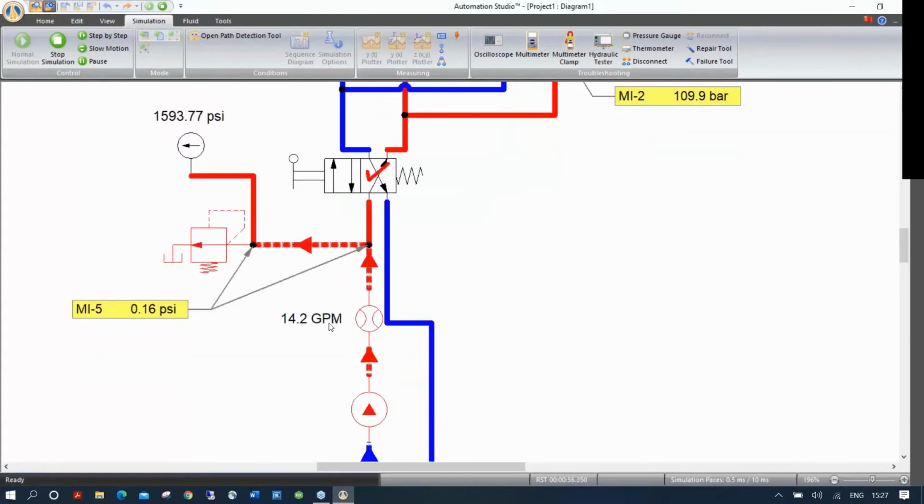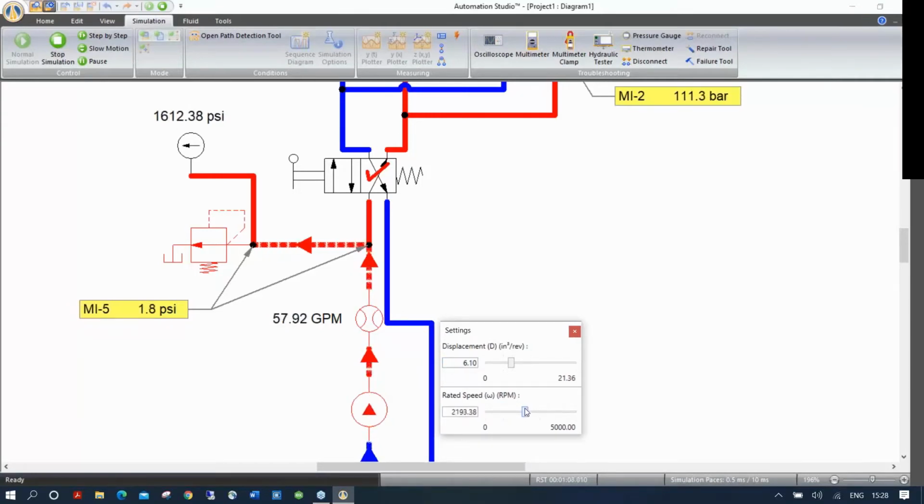But what happens if I increase the flow in my circuit? So if I click on the pump and I modify, let's say, the speed, you see the flow going up and my pressure drop also increases with the flow. So all those things, again, like we talked before, it's good to illustrate what a certain action will create on